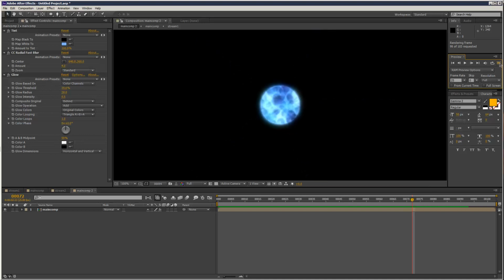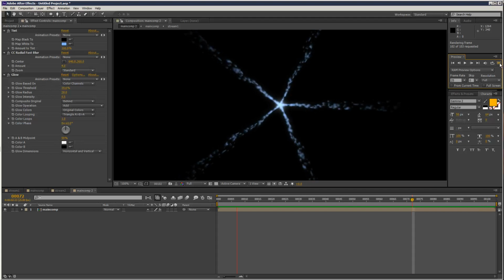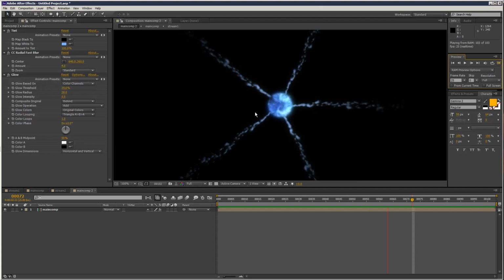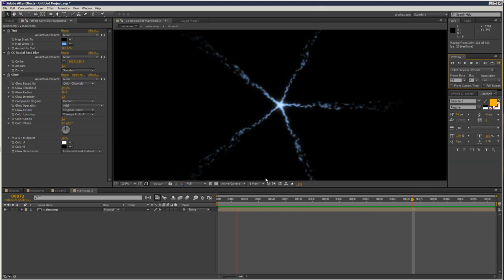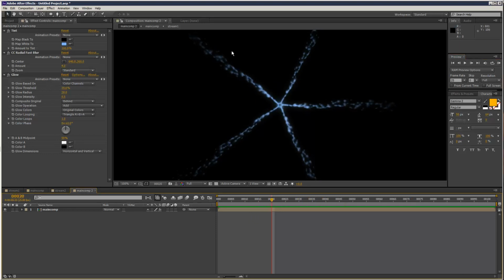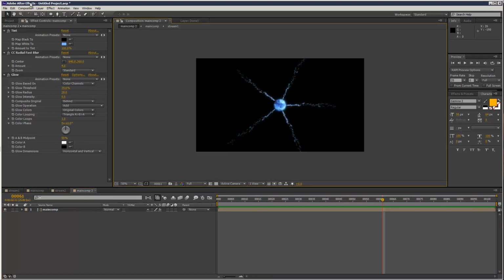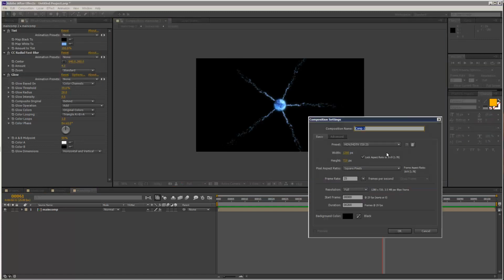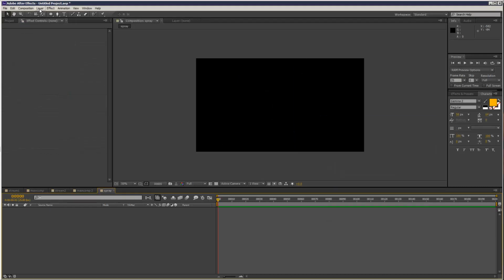So that's like the basics of the system. You can play with the particle size and stuff. And then what I did finally was I just added an extra kind of spray in the middle there, and to do that basically I actually created a new comp, so I'll just call this pre-comp spray, and then I created a null